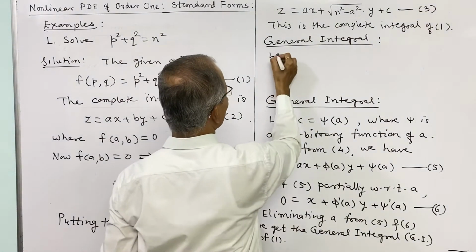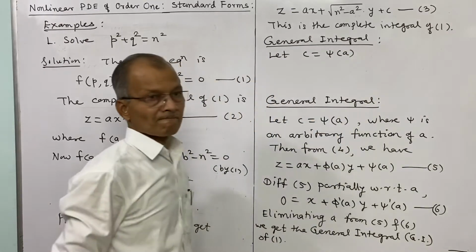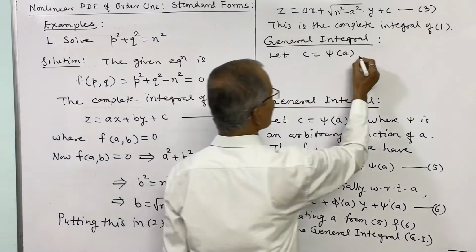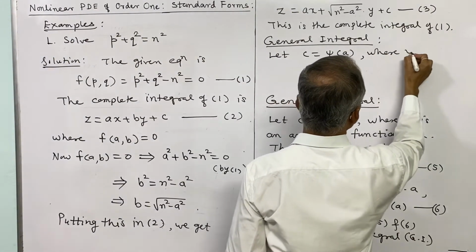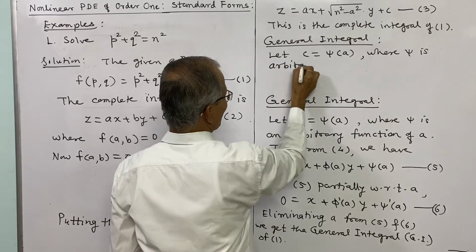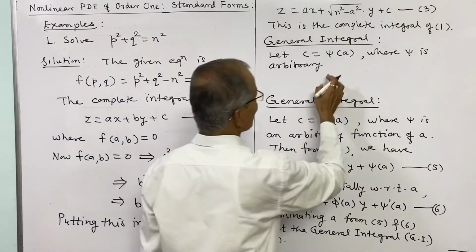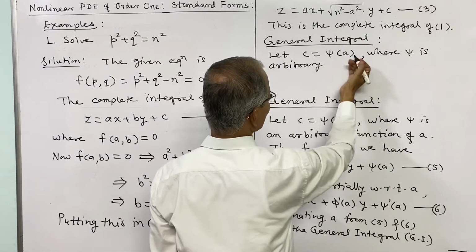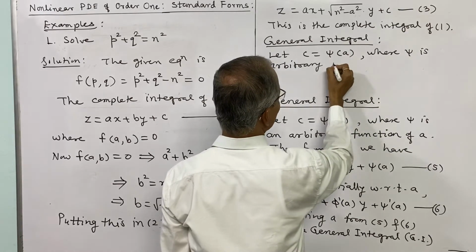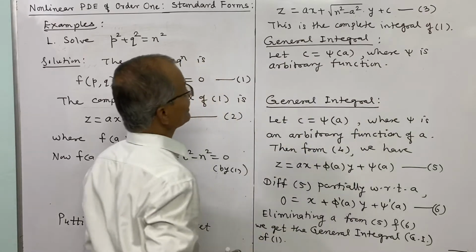Let c is equal to psi of a, where psi is an arbitrary function. The general integral involves an arbitrary function, and therefore we have expressed c as a function of a, and therefore 3 implies,